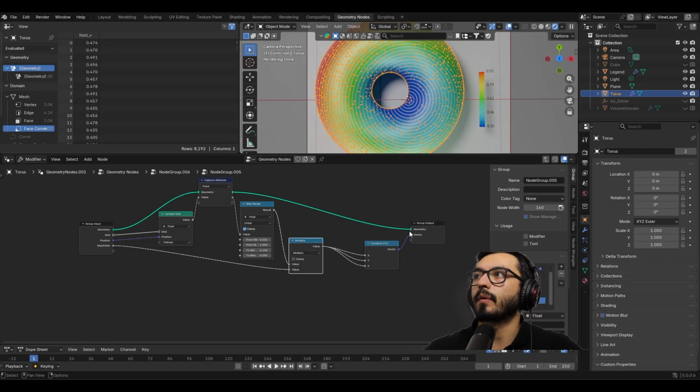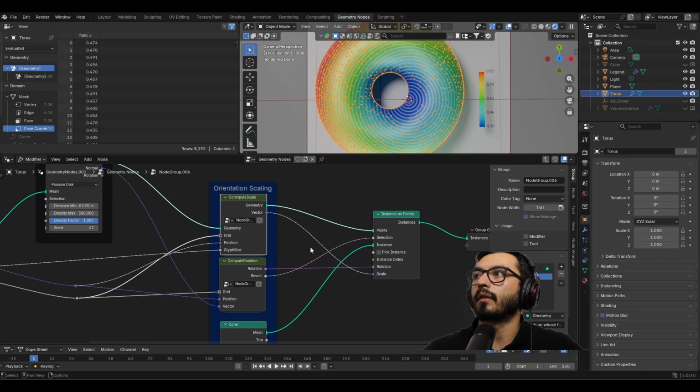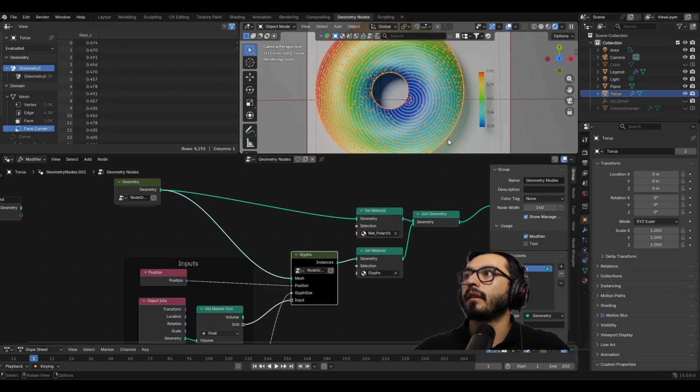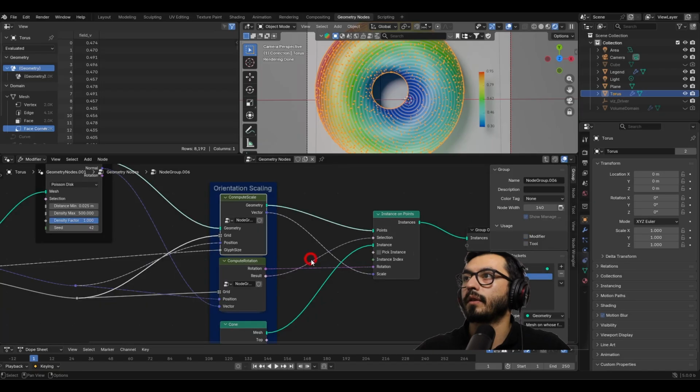So we will combine x, y, z, and we will have a vector, and this vector that is coming as an output, we will connect it directly as scale of the instances on points. So we have now the scale and the